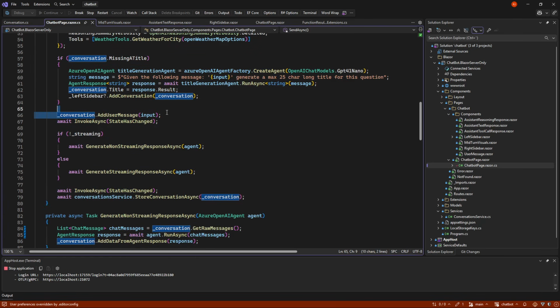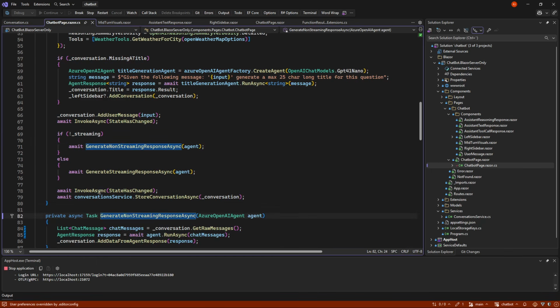We then put the new message into our conversation, so it has the full back and forward, and we are updating the GUI in order to see that new conversation, so we can look at our question before the answer comes back. Then there's two ways of doing this, either streaming or non-streaming.